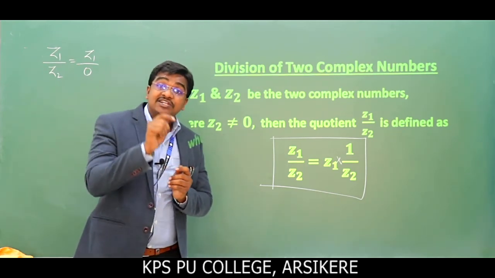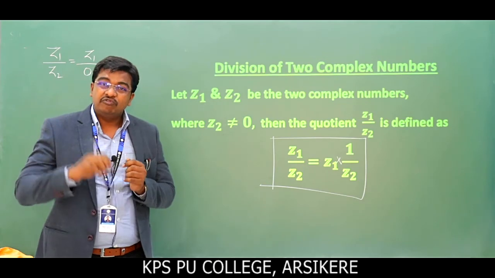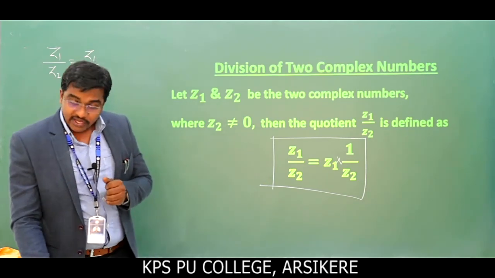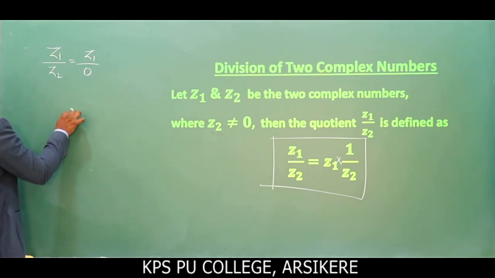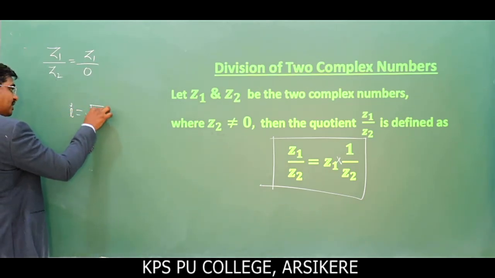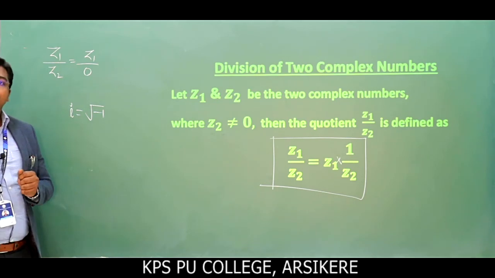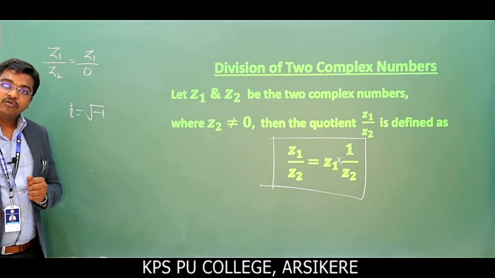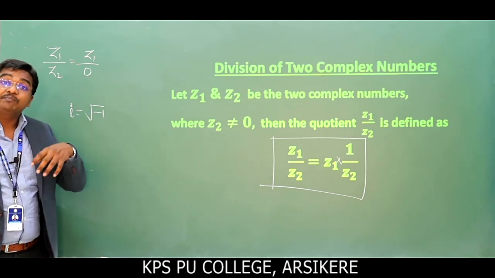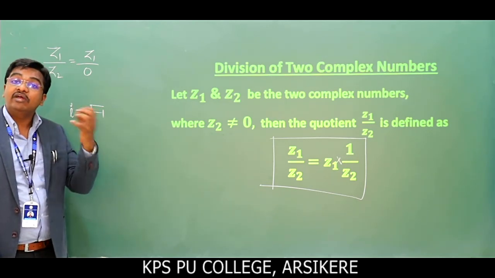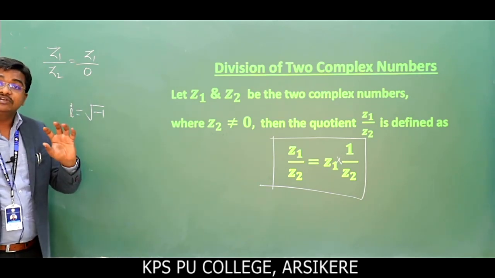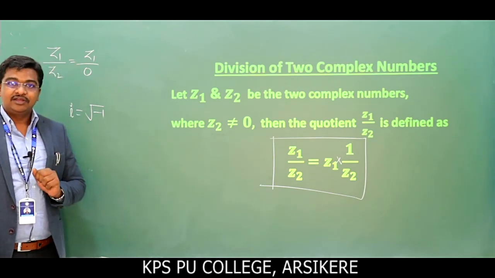In our next class we are going to discuss a very interesting topic, powers of i. You know about i: i is iota, i is equal to square root of -1. So what about i square, which is -1, i cube, i power 4, i power 10, what is i power n when n is even, when n is an odd number, what is 1 divided by i. Those things we'll discuss in the next class. Thank you everyone.